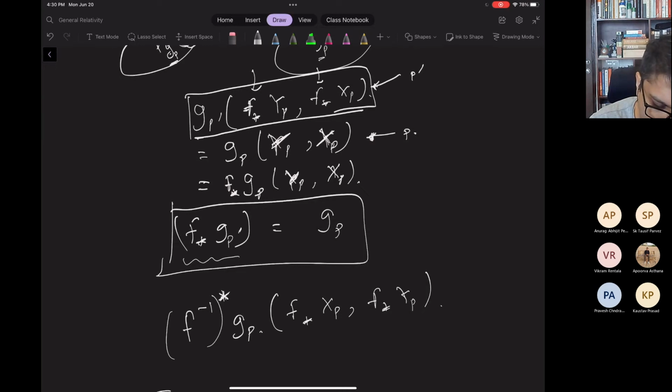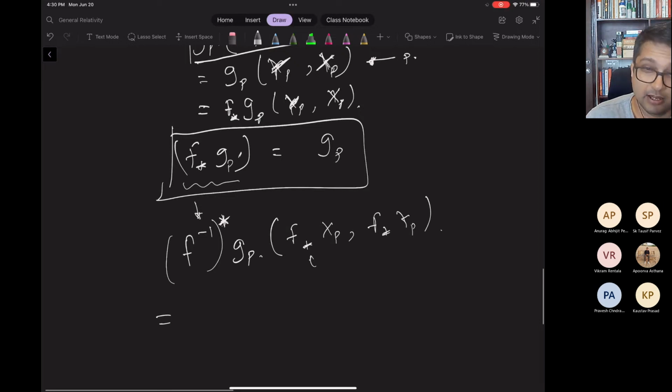Sorry, yeah, it's actually a pullback using the inverse function, which is why the star is up here. So pullbacks have upper star, push forwards have lower star. And now what we do is we argue that this is the same as,